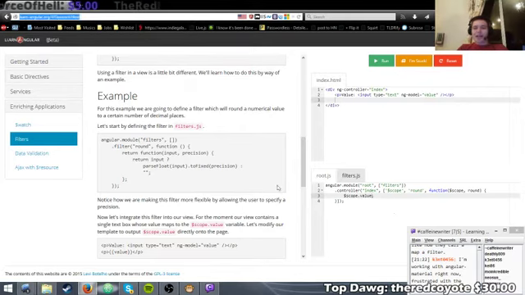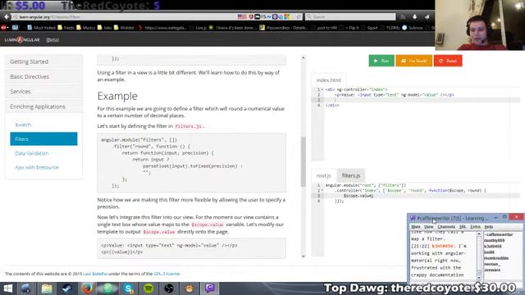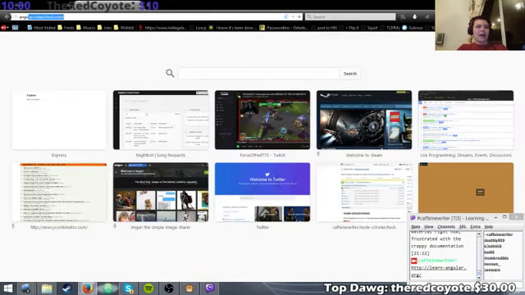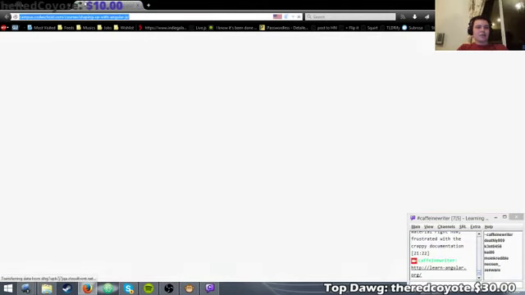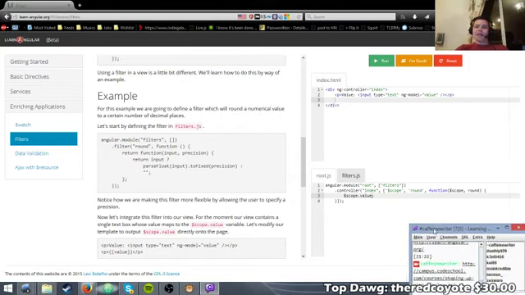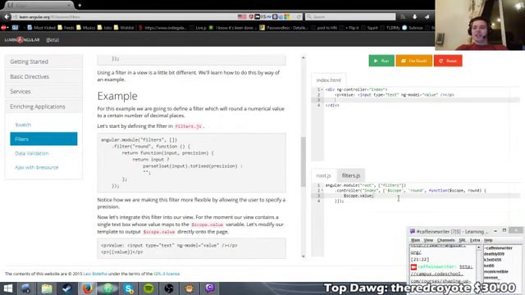This one's really good, actually. So learnangular.org, as well as angular.codeschool. Both of these are amazing for learning Angular because the documentation is terrible, but once you actually get the